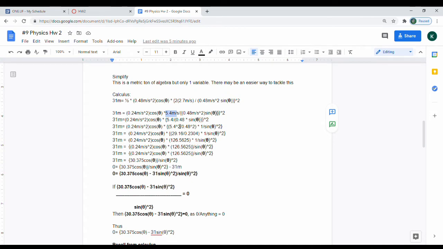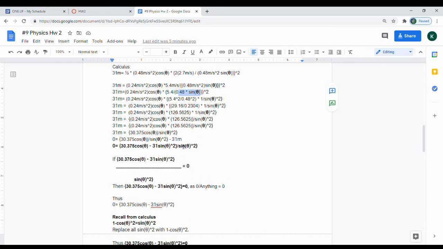I multiply the bottom, this together by sine. And then I square the entire bottom, as you see, because there's a square on the outside, so I square the top, and I square the bottom, and then I square the sine, but I move this sine to be 1 over sine squared. So then I took 5.4 and squared it, 0.48 and squared it, got this right here, left the 1 over sine squared outside, and then I simply just took this, did the math, gives you that, gives you this